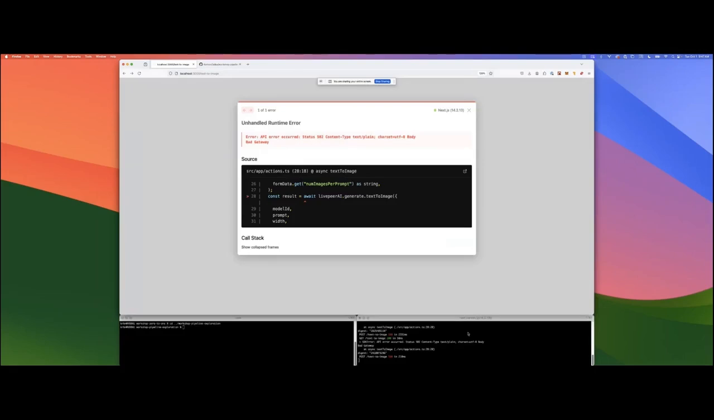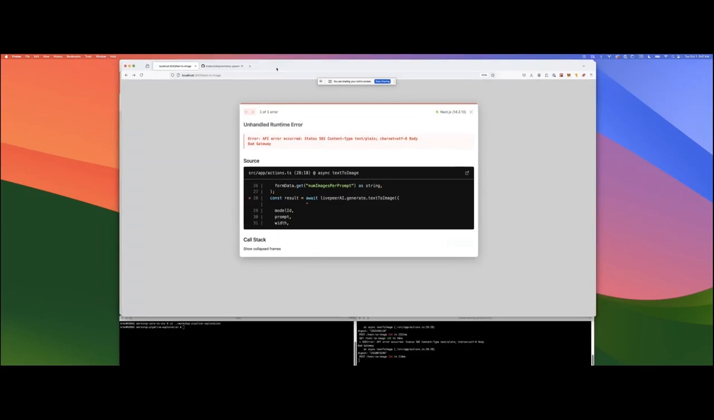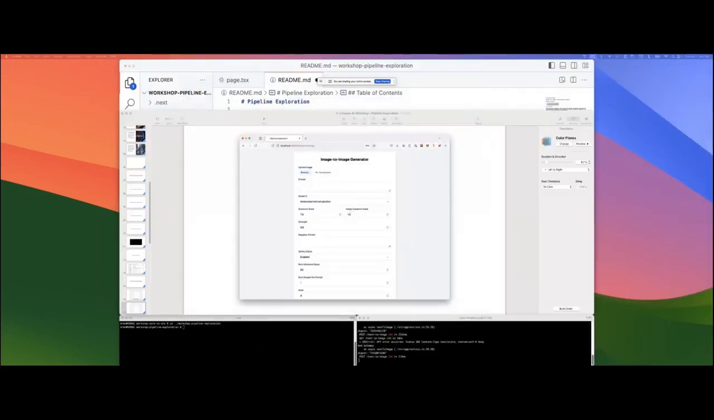Uh-oh. Bad times. One second, let me take a look at our backend services real quick. Apologies for the